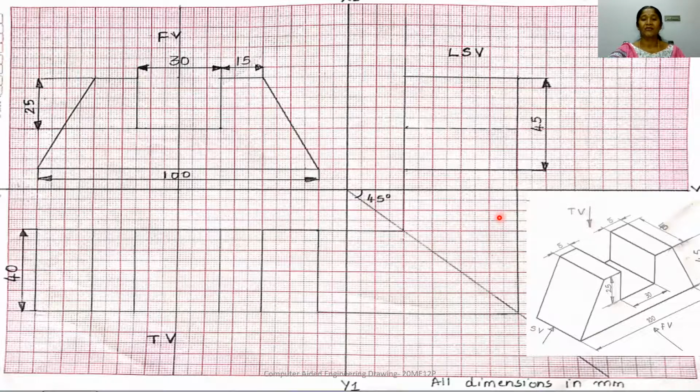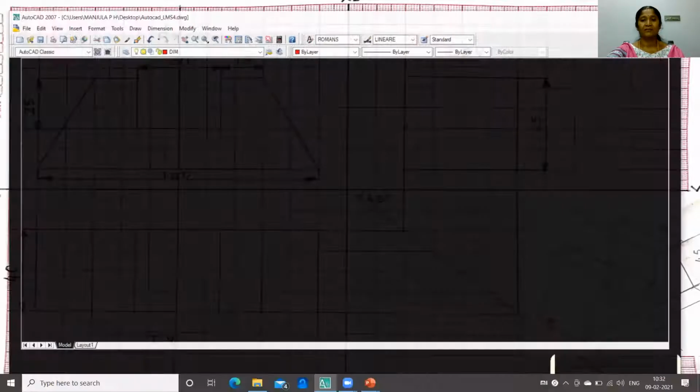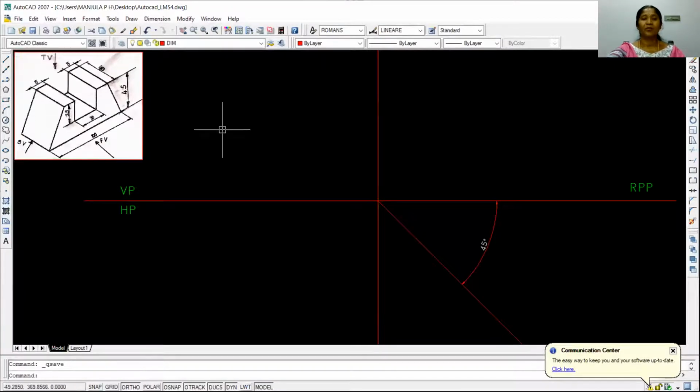Okay. Now we have to draw the same thing in AutoCAD. So for the same component, we are going to draw the three views in AutoCAD. First, this is the AutoCAD screen. Once you open the AutoCAD screen, since you are already familiar with the AutoCAD commands, first you have to set